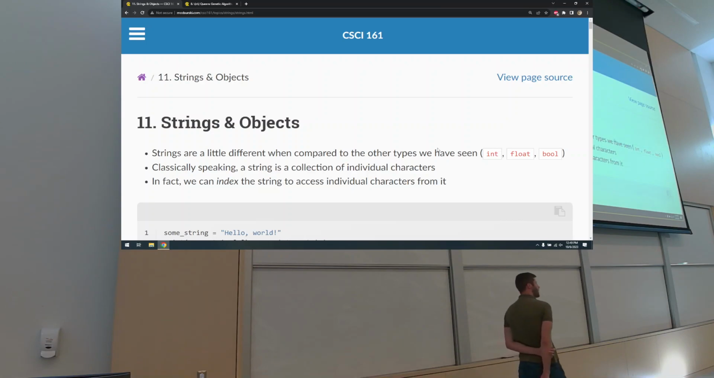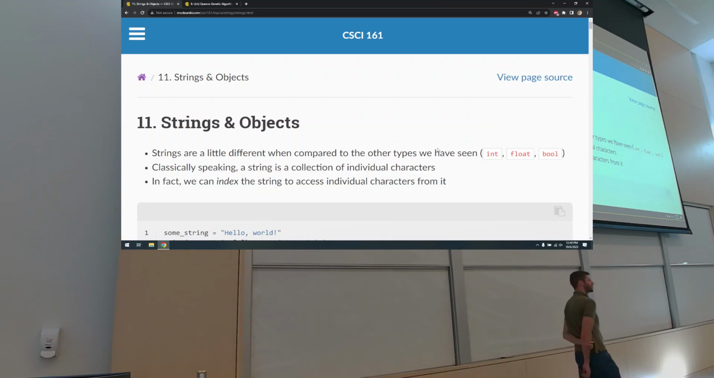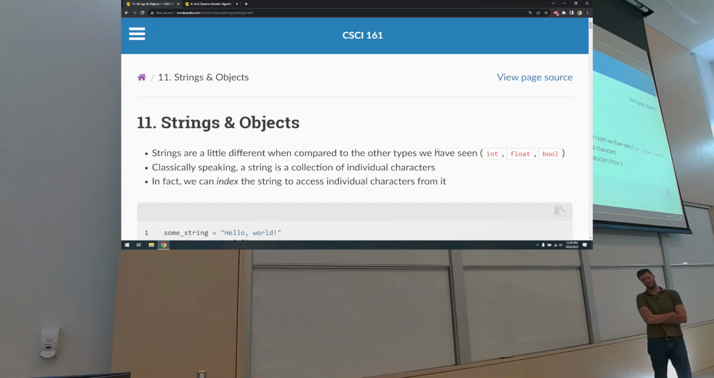So, you may have noticed something about strings. They're a little different than the other types we have. They're different from ints, booleans, floats, because what's interesting about a string is, you know, if I have a variable